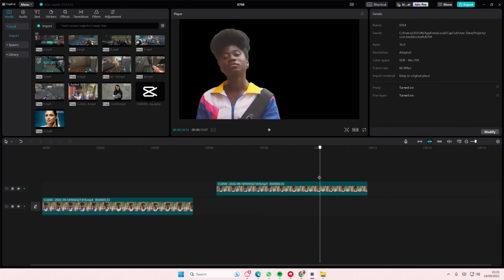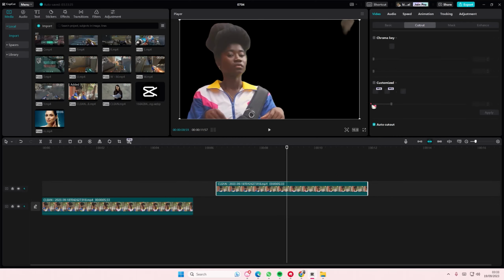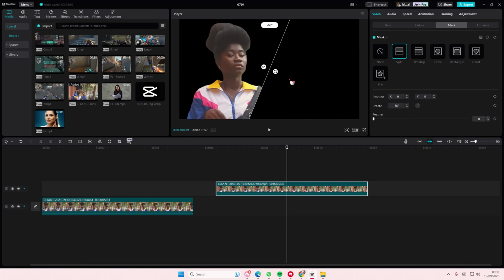of it. If you want to remove this part, doesn't really affect the video that much, but you can go to mask and go to split and split it this way, and then that will be removed, as you can